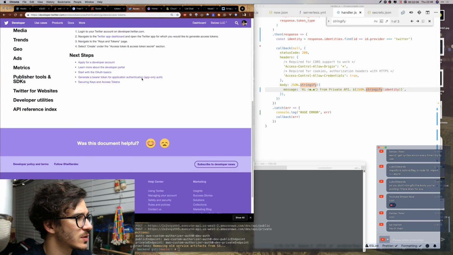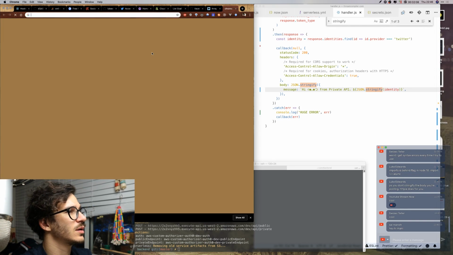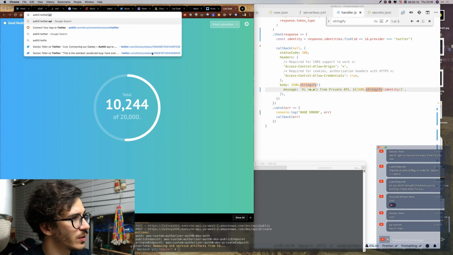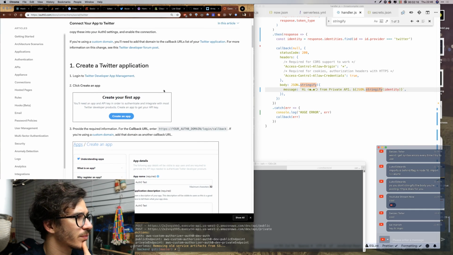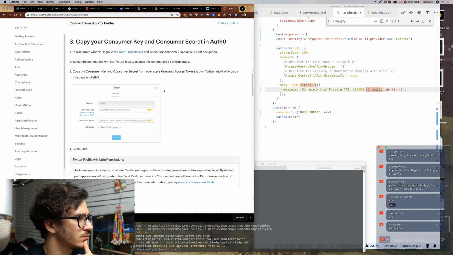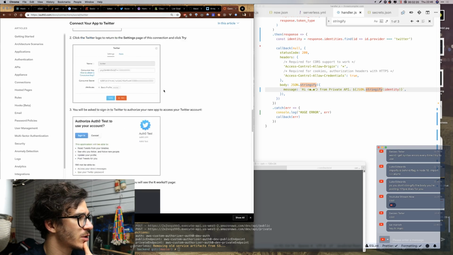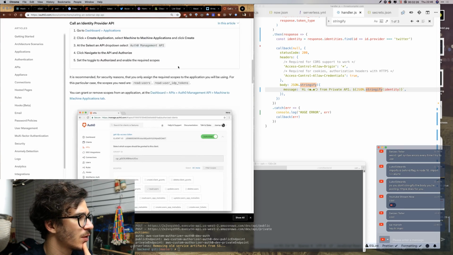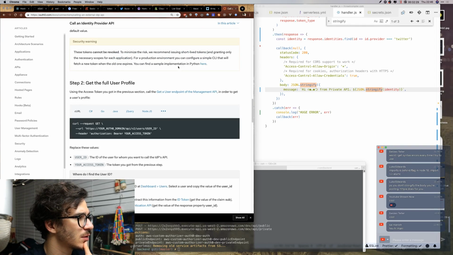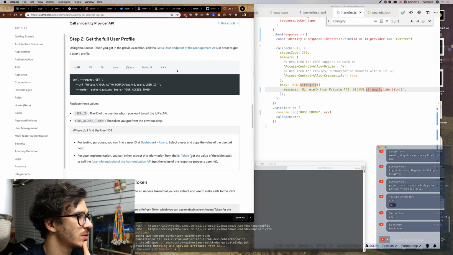I don't know where to send the access token. Let's see. Auth0 Twitter API. Maybe that's going to have a better guide. Connect your app to Twitter. Enable the connection. Test your connection. Access Twitter API. Call an identity provider API. From the backend, get full user profile.